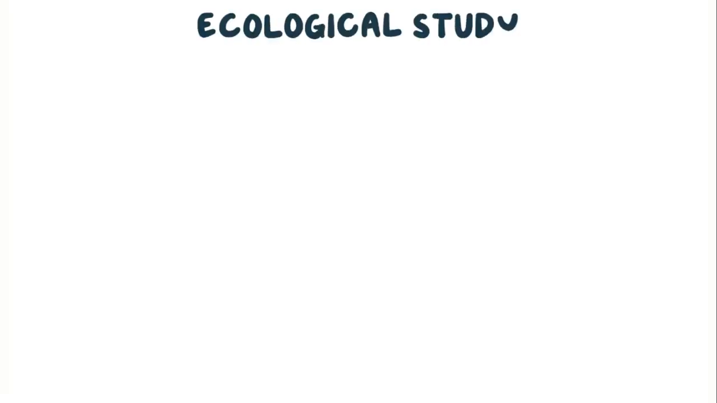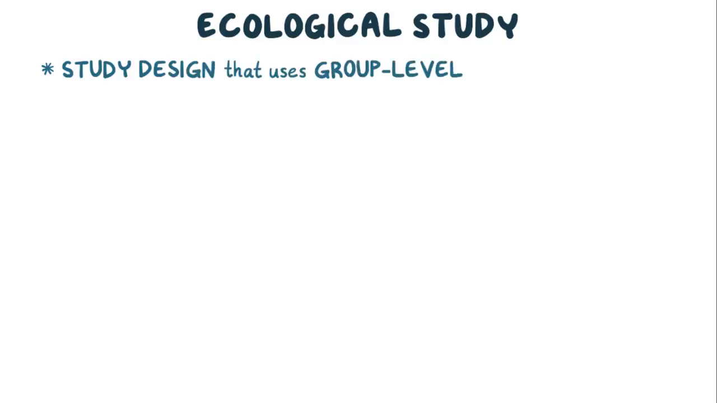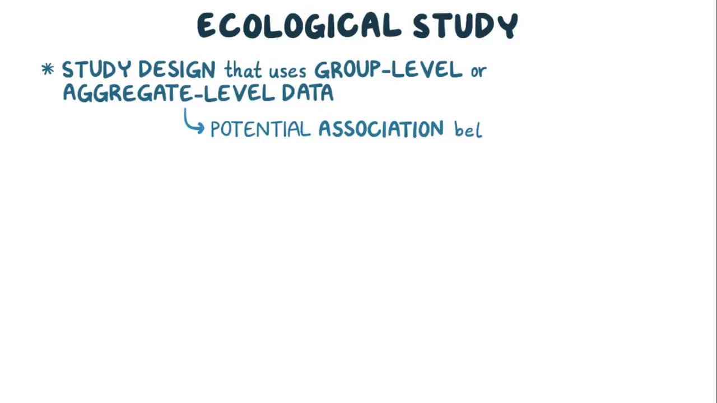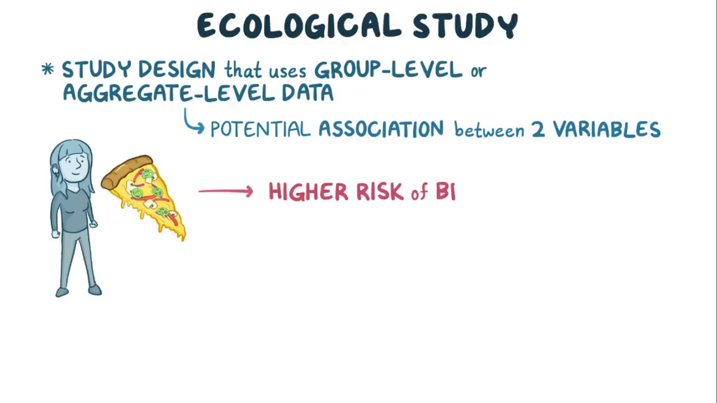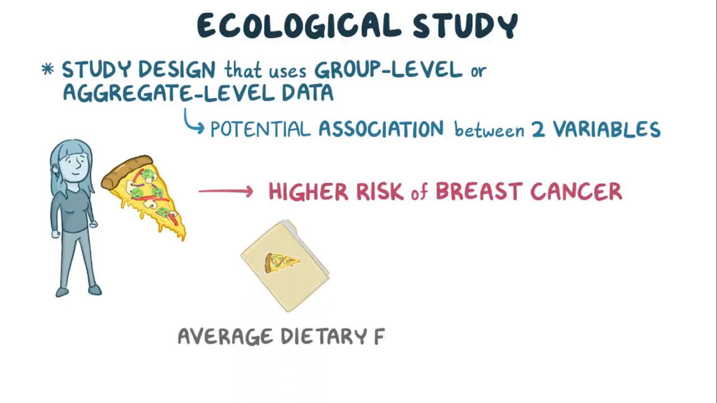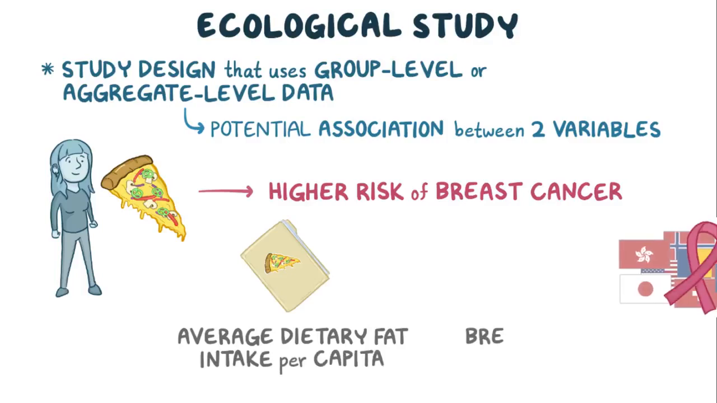An ecological study is a study design that uses group level or aggregate level data to figure out if there is a potential association between two variables. For example, let's say you want to figure out if women that eat more fat have a higher risk of breast cancer. Perhaps you have information about the average dietary fat intake per capita, as well as breast cancer rates